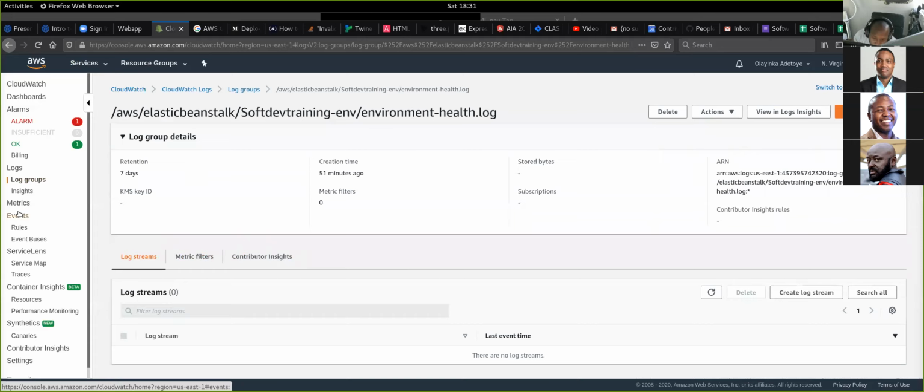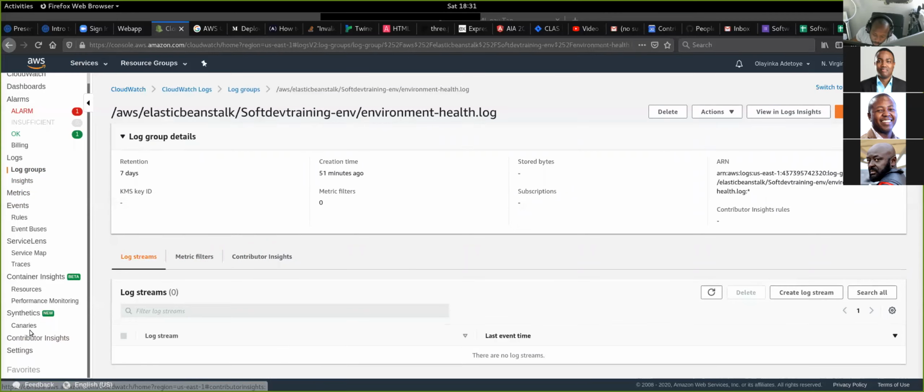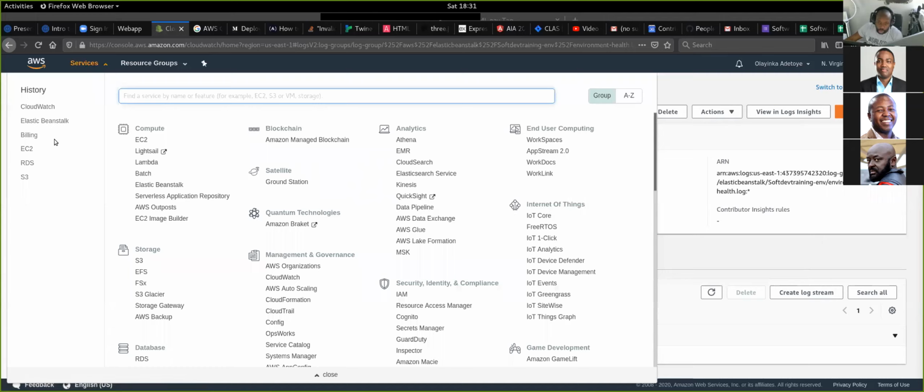And then there are many other aspects of CloudWatch. We're not going to go into the details today, but I just wanted to point out that CloudWatch is there, and if we used CloudWatch on our Beanstalk, the logs would have made more sense. We may experiment with it for a little bit. It's going to cost me because I have to turn on CloudWatch for the Beanstalk, but I don't think it's enough to be that devastating. So what we're going to do here, we're going to go back to the Beanstalk,